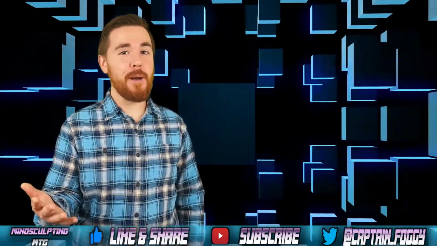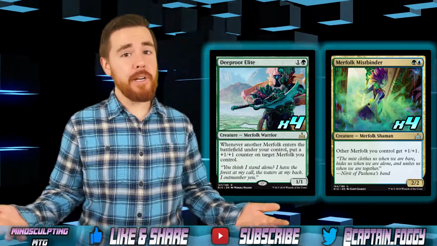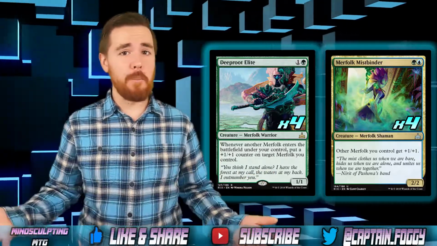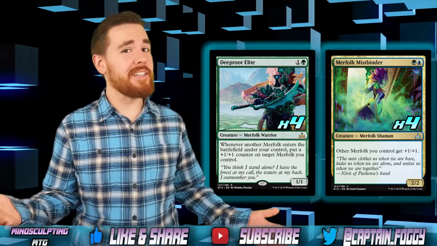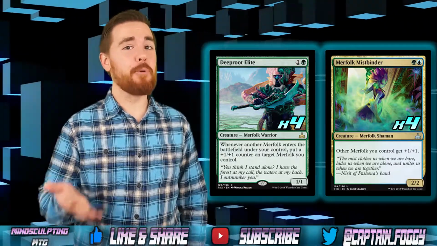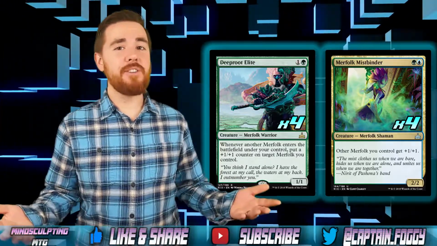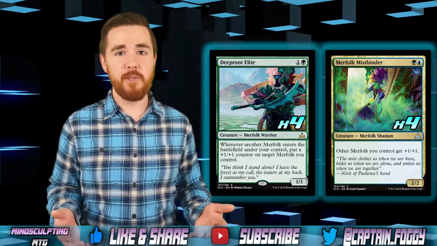Moving on to our 2-drops, we have playsets of Deeproot Elite and Merfolk Mistbinder. It's pretty obvious why Merfolk Mistbinder is in the deck. It's a lord and grants all of our Merfolk +1/+1. Deeproot Elite, on the other hand, kind of functions like an additional lord to the deck. When another Merfolk enters the battlefield, Deeproot Elite gives any other creature a +1/+1 counter. This adds to the synergy of the deck because we're constantly casting creatures and putting +1/+1 counters as long as